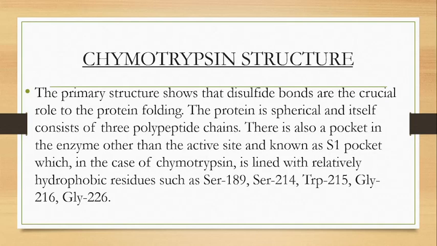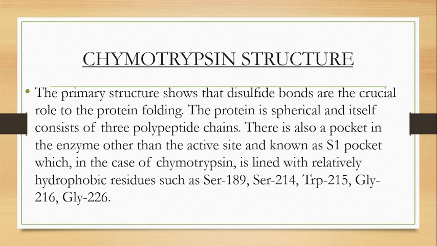Now we see the chymotrypsin structure. The primary structure shows that disulfide bonds play a crucial role in protein folding. The protein is spherical and itself consists of three polypeptide chains. There is also a pocket in the enzyme, other than the active site, known as the S1 pocket, which in the case of chymotrypsin is lined with relatively hydrophobic residues such as serine 189, serine 214, serine 215, glycine